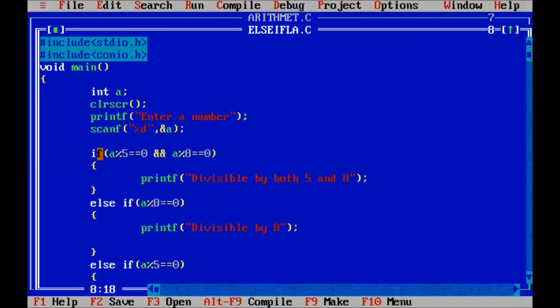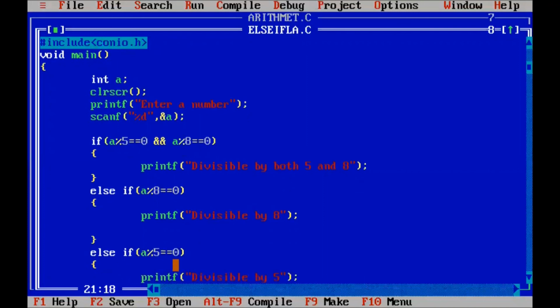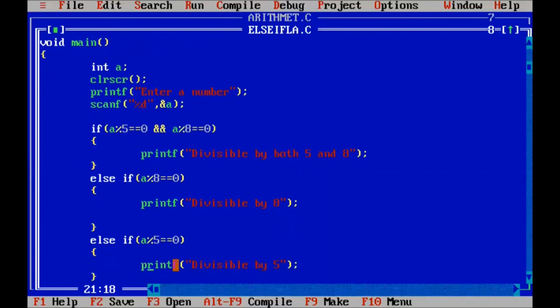Okay. If this condition is false, the control moves to the else if part and checks whether this number is divisible by 8. If this condition is true, this statement will be executed. Suppose this condition is false, the control moves to the next else if part. Here it checks whether this condition is true. If this condition is true, this message will be printed.